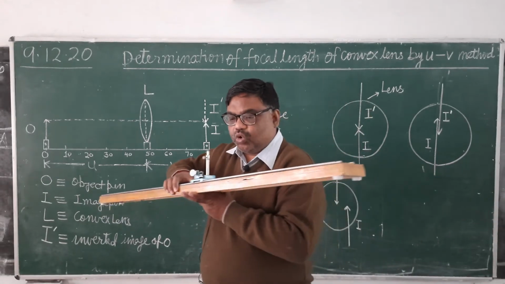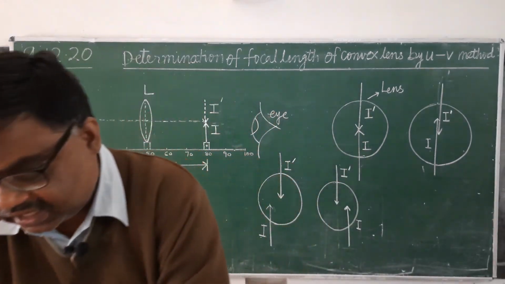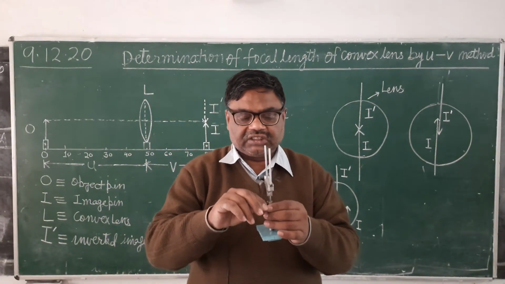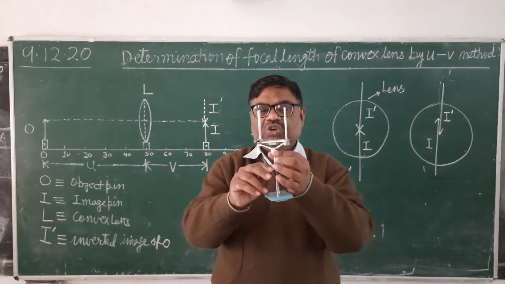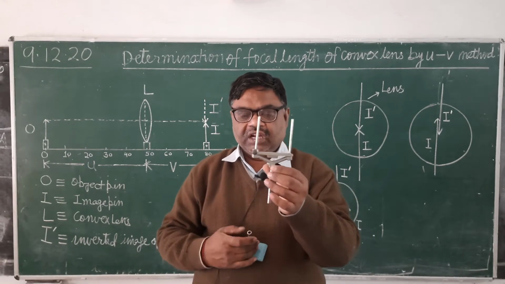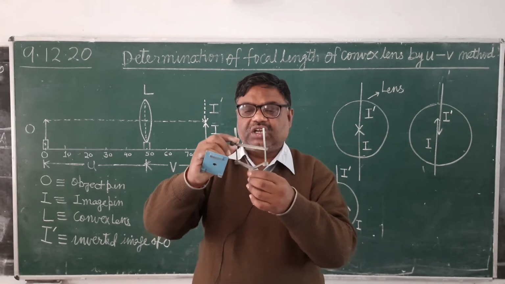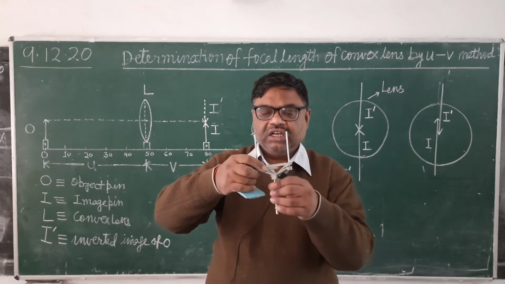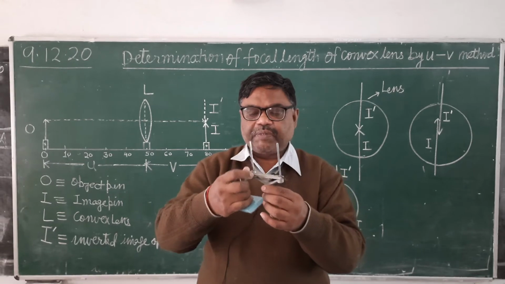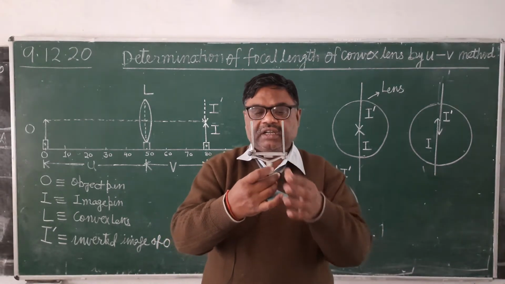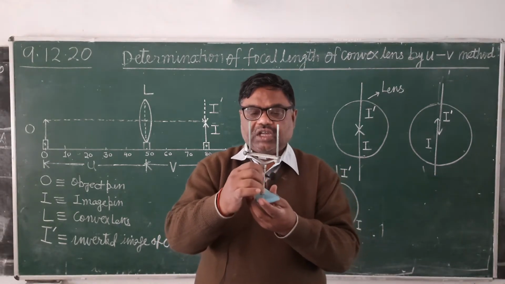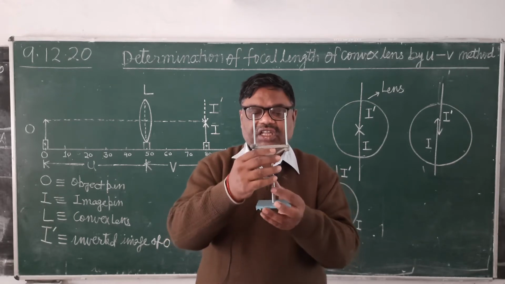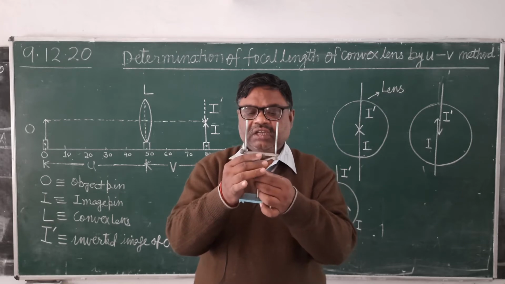Now there is one more upright which is containing the lens. This is the upright which is containing the lens. You can see here, this is the lens holder. Lens will be fixed in this lens holder. It is clear? And then it will be mounted over the upright. Its height can be adjusted. It is clear? This way.